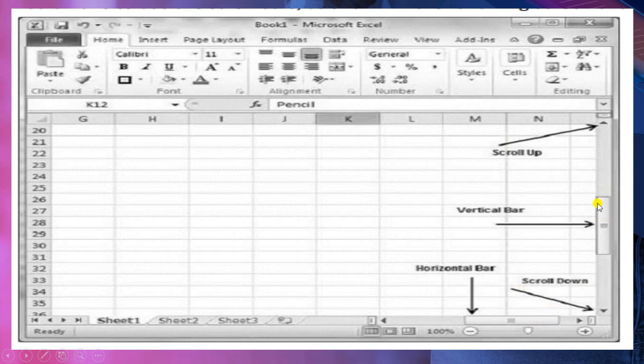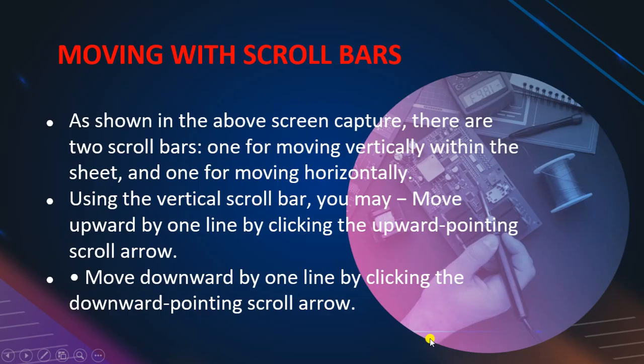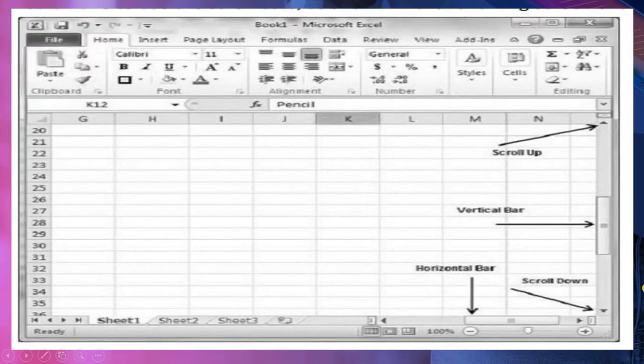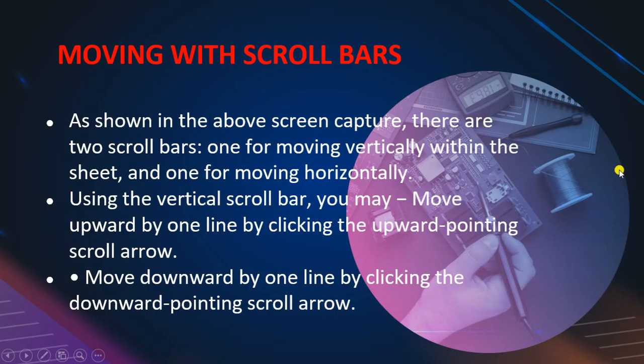Using the vertical scroll bar, you may move upward one line by clicking the upward pointing scroll arrow. You can even move upwards with the help of the up arrow key. It will move one line upwards. In the same way, if you want to move one line downwards, you can take the help of the down arrow key.